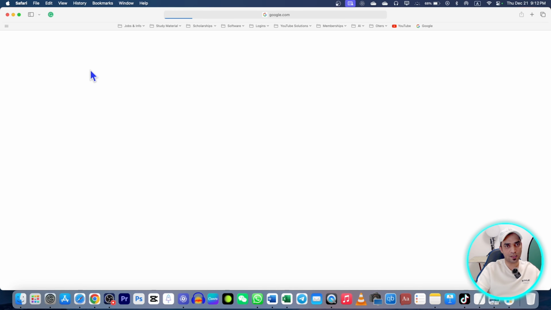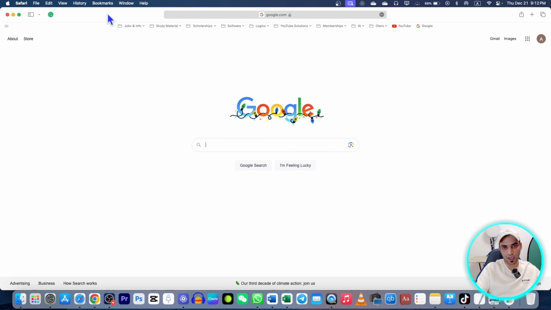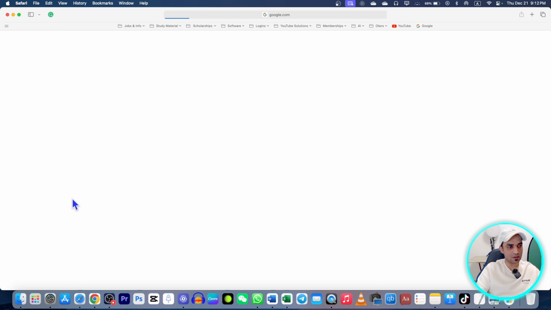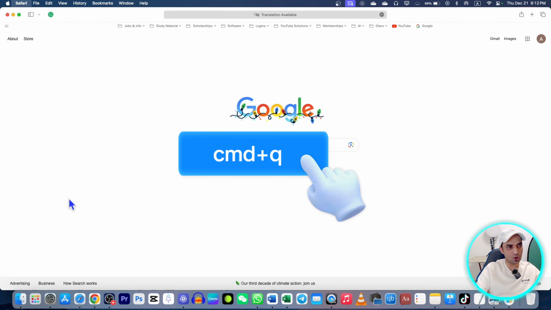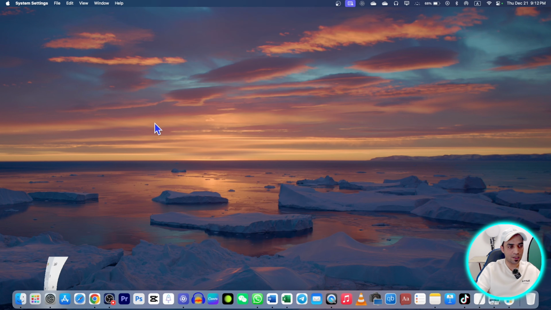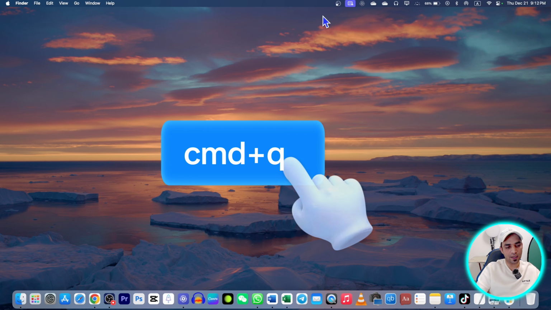But what if you want to quit this app rather than just bringing it to the dock? You can simply go to this place anywhere on the browser or any application, and rather than just quitting here, it's still working, just press Command and Q button, and it will not just minimize in the background, but it will close the app. So let's say I'm gonna close this one just by staying on this one, Command Q button,